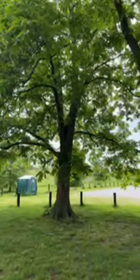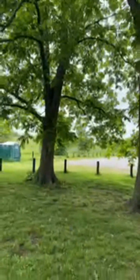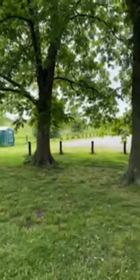All right, so I want to walk down the road along this tree line towards the pond, and we can see some of the stuff that's growing down that way. Oh, I wanted to talk about these trees first. These two trees are hickory trees. There are a bunch of types of hickory trees that grow in the woods around here that are native plants here. These two are